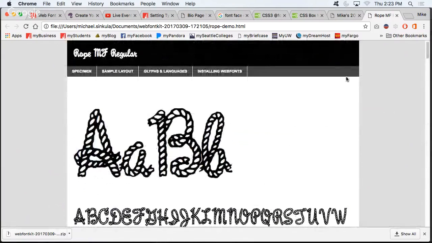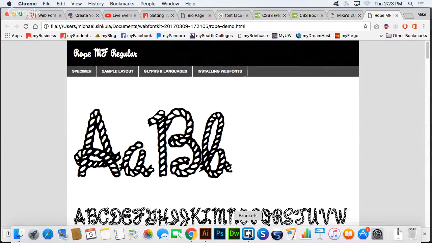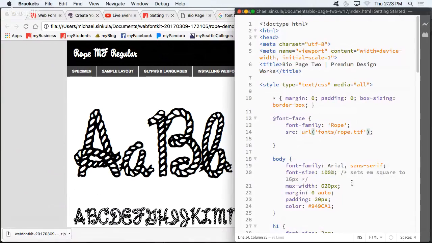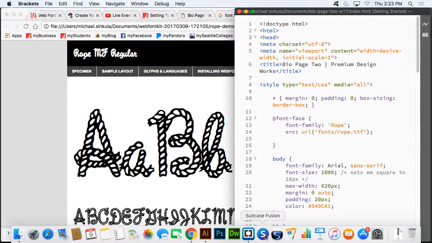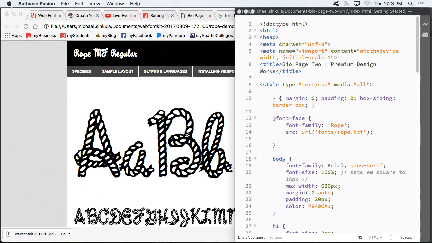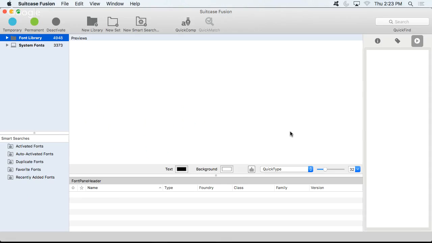Well, let's say it like this. Remember how I said use an OpenType or a TrueType? You should be able to just use an OpenType or a TrueType like this, and it should work universally around the web. The thing is, if you have, in Suitcase or whatever you're working on,